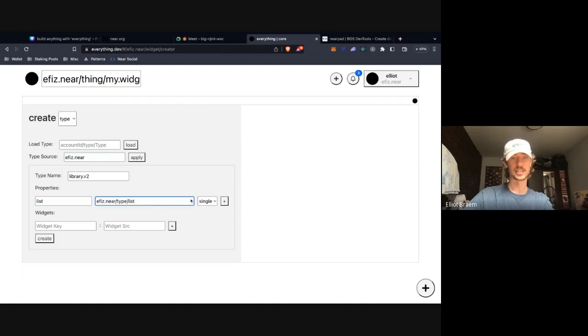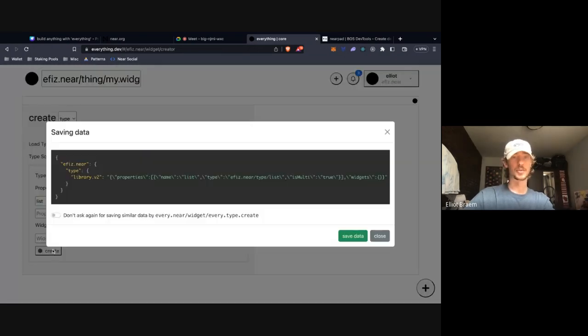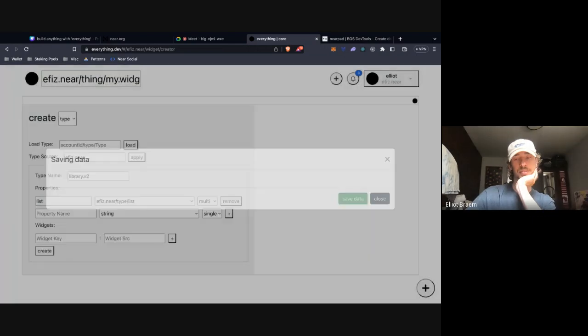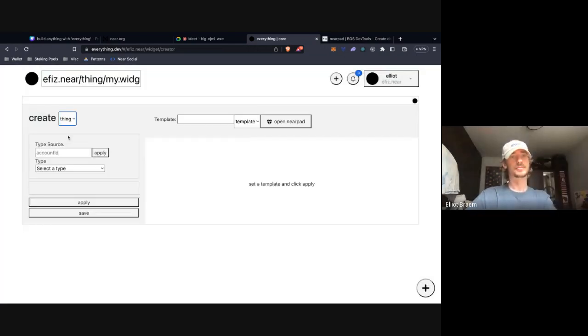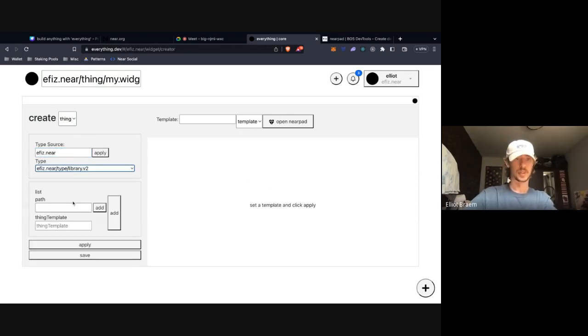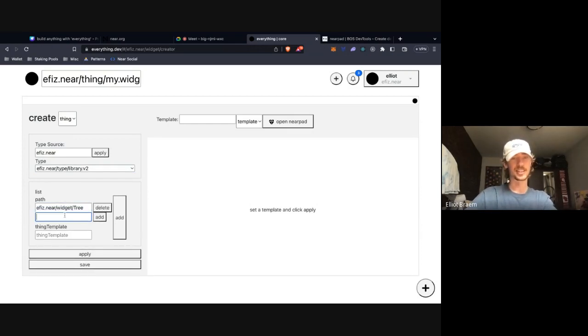We're going to use the list type that we just did, and there's going to be multiple of them. And we're going to create library v2. Now we can create lists of lists.